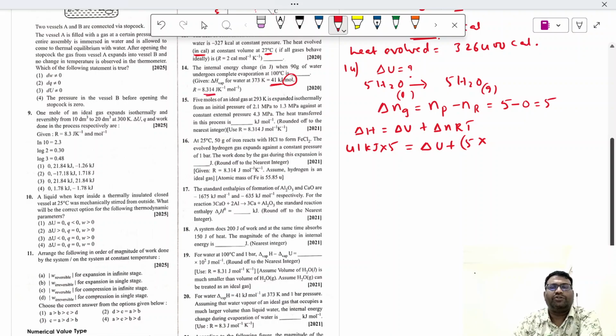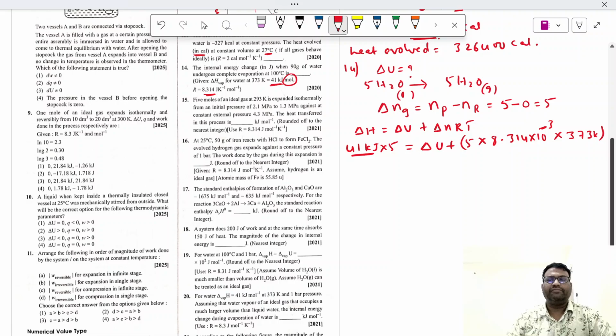Okay, so 8.314 into 10 power minus 3 we are using. Why are you using it? Here we have taken kilojoules, right? So that's the reason why you are using 10 power minus 3, so that it will be in kilojoule. Okay, next, temperature given is 100 degrees centigrade, that means 373 Kelvin. So when you calculate delta U, what you get is